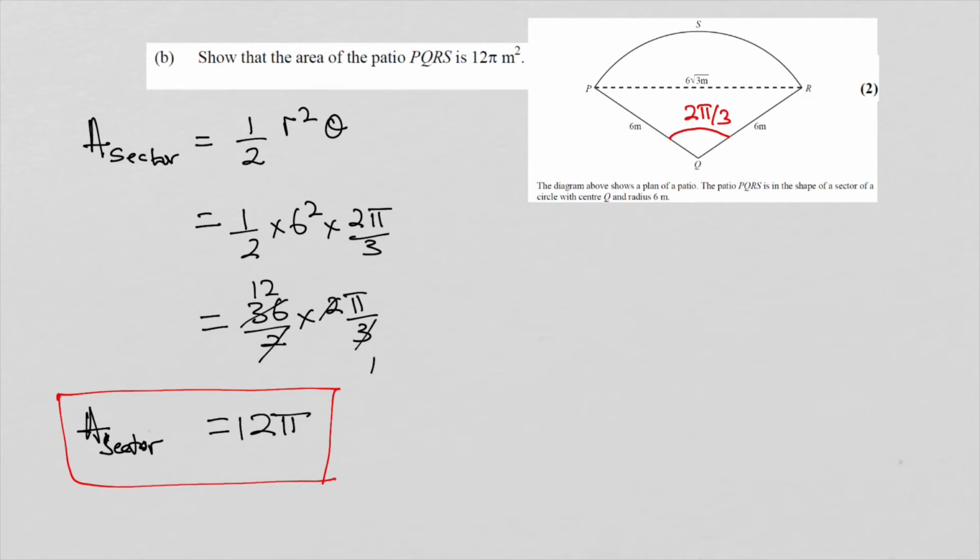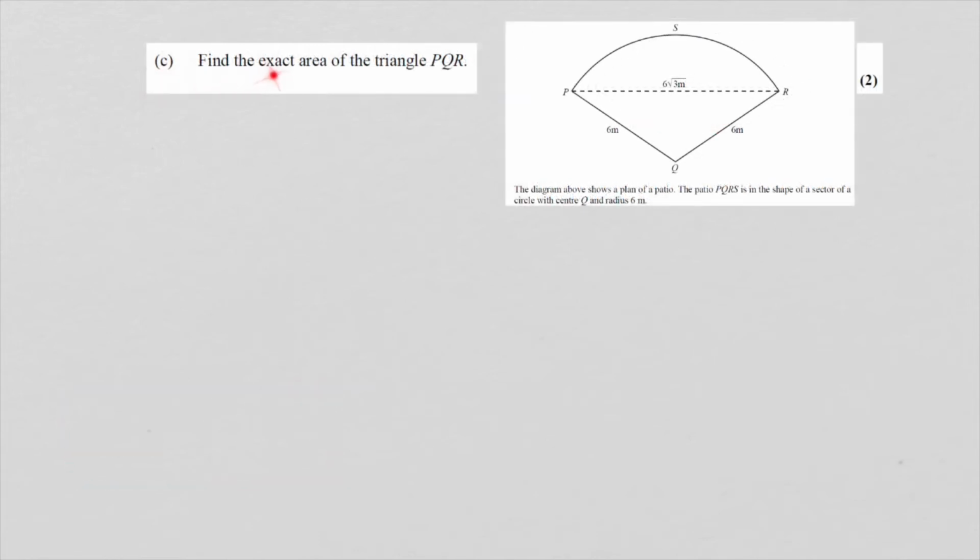And that's what we're looking for. 12 pi meters squared. C, find the exact area of the triangle PQR. So we want to find the area of the triangle PQR. We know the angle here, again, it's 2 pi over 3. So the area of the triangle will be,